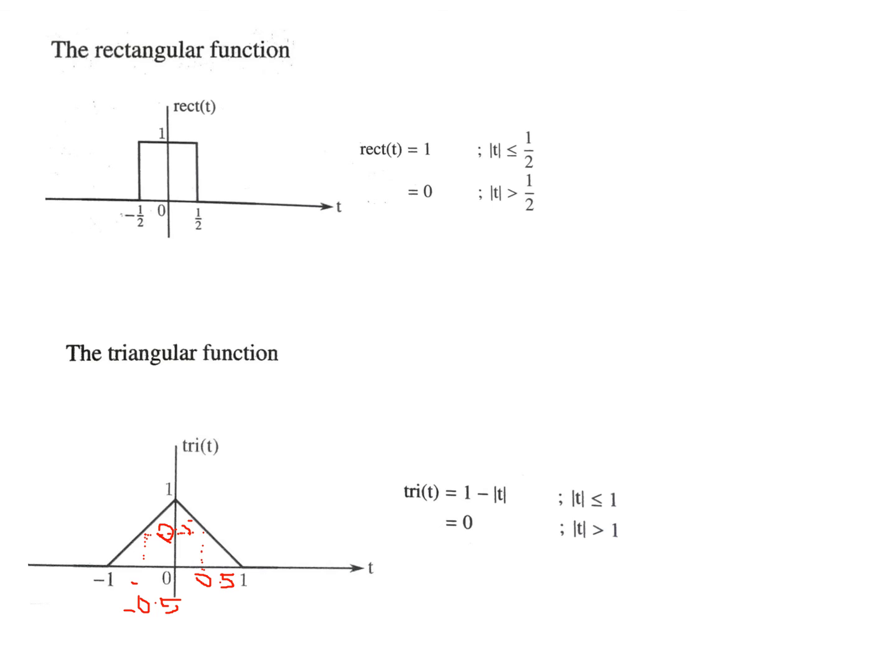So it is a symmetrical wave, and the value of that signal in the interval of minus 1 to plus 1 is given by this equation, 1 minus mod of t. For every other time, that is mod of t greater than 1, greater than 1 and less than minus 1, its value is 0. So this is another basis function. So we have almost covered all the types of basis functions using which we can analyze signals as well as systems in our future classes.